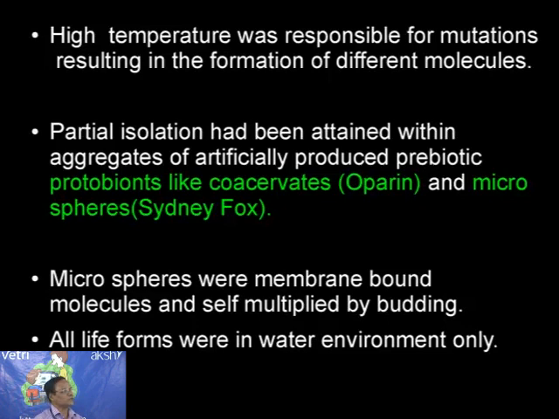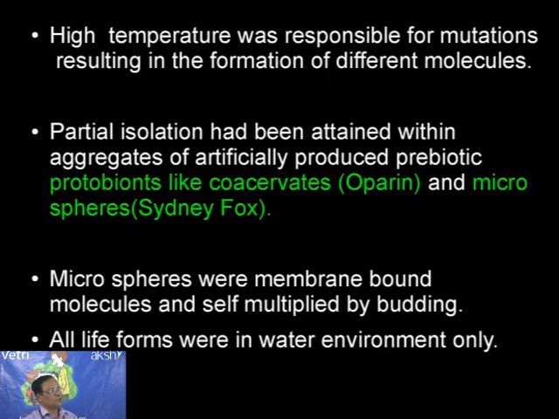And there are two different types of aggregates as given by two different scientists. These aggregates are commonly called protobions, or prebiotic substances. The protobions may be called co-aggregates, as named by Oparin, the aggregates in the marine water. They were also called microspheres by Sidney Fox. So the co-aggregates and microspheres, nothing but the aggregates, are also called protobions, the first formed living substance in the marine water. They accumulate to form a complex semi-solid material, the first living substance.